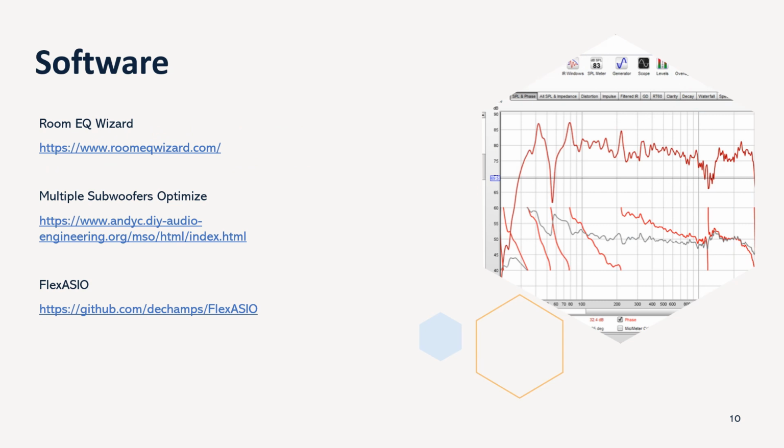Software. Till AI takes us over, for now, we need Room EQ Wizard, REW, for taking the measurements, MSO for consuming these measurements and producing the PEQ filters that you can import into your miniDSP, and then FlexASIO so that you can send signals to independent speakers to take the measurements. With the Flex thing, I can send sound to my left channel, center channel, rear channel. So it is really good because HDMI